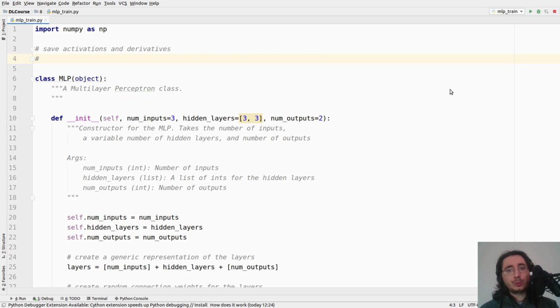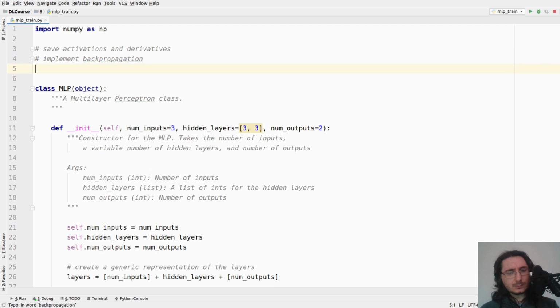Then what we want to do is to implement backpropagation. So once we have backpropagation implemented, we want to implement gradient